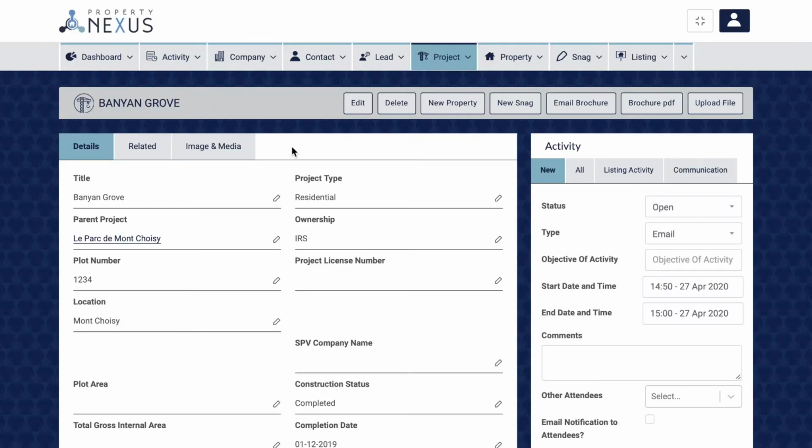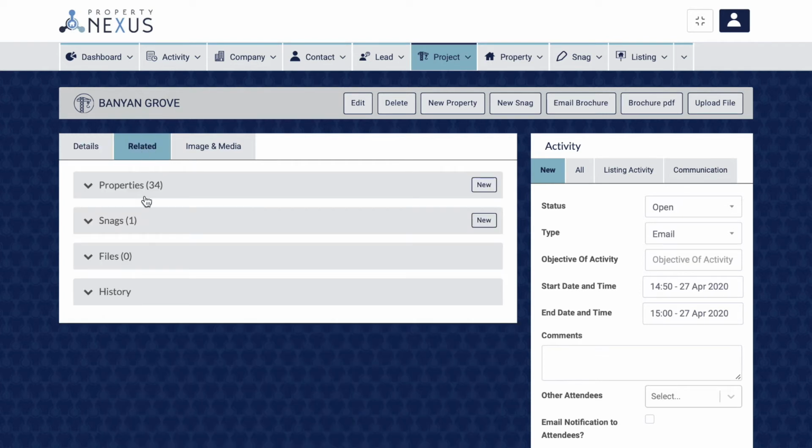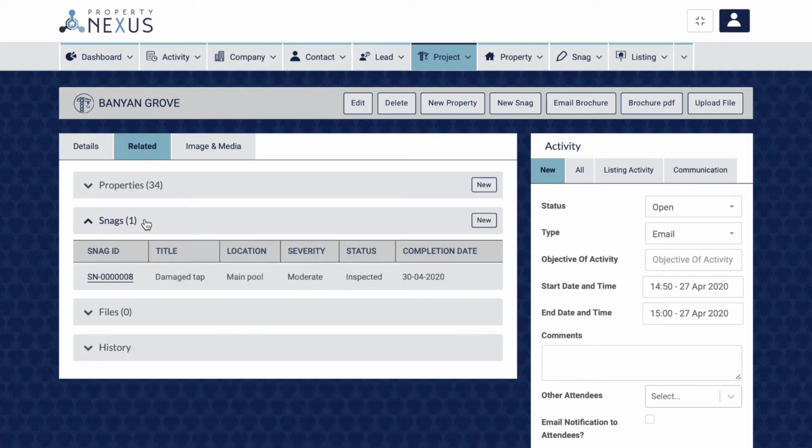Project snags. These are snags in the common areas of projects like building lobbies and communal pools. Snags should be logged directly through the project record page. This will help you to keep track of every repair that needs to be carried out on the common spaces